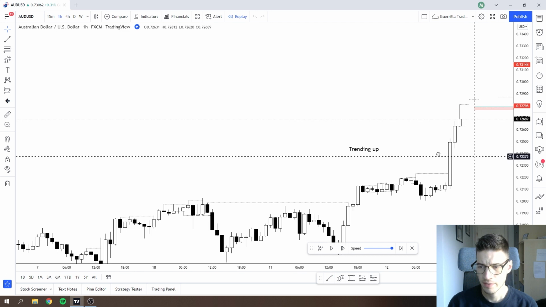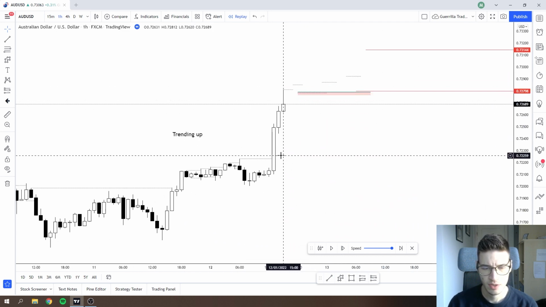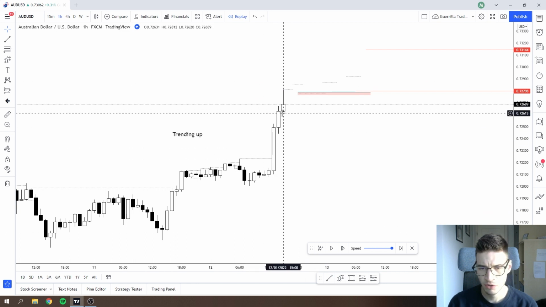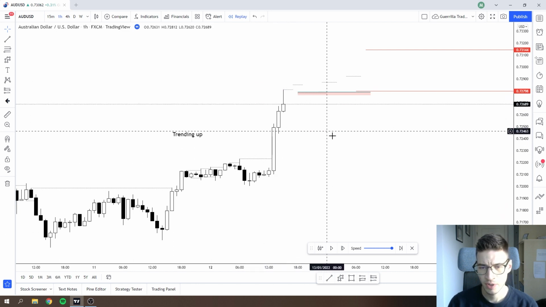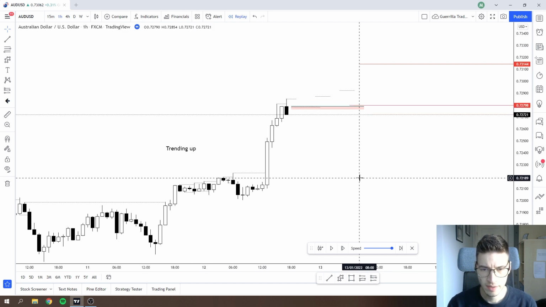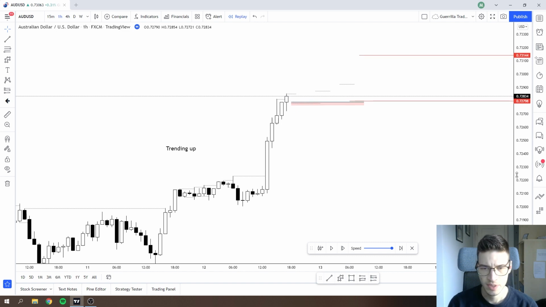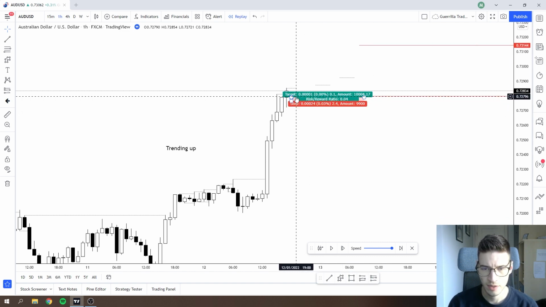So at this point I was seeing this nice impulse and I was seeing this large wick on top of the impulse. So I wanted to get in on a long trade, but it all depended on what happened next. So we got one pausing candle and then we got this push. So at this point I was looking at this and I was debating whether to place a pending long order